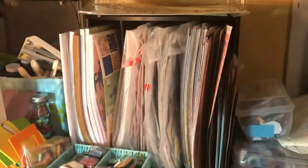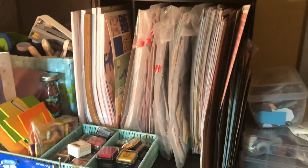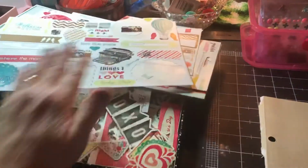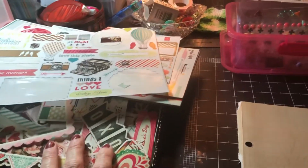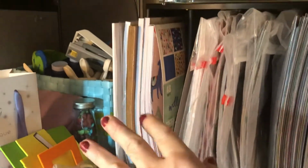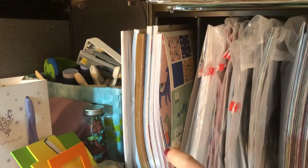But this is kind of what I am working on right now. Once I get all this done, I kind of sorted through. These are just some embellishments that I want to use up. I kind of just put them in this little box. I'm going to cut these up, put them in there, try to use up the scrap paper, and then I'm going to try to use up all these. These are like half sheets and, you know, the longer sheets. And I'm going to try to use these up first before I go and start any new